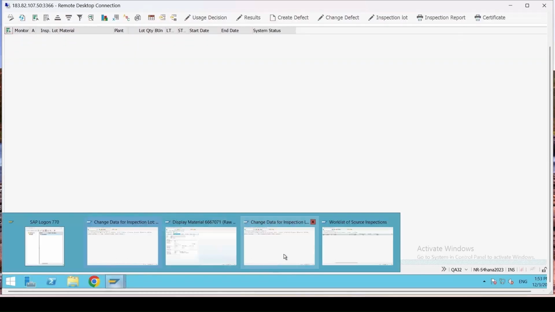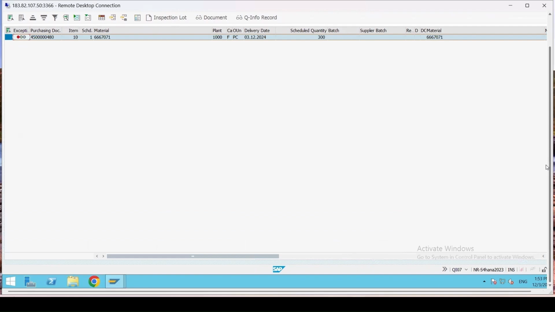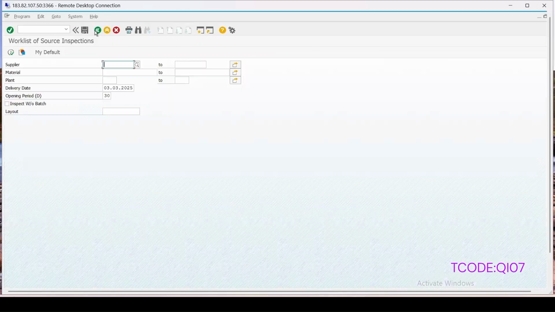Okay, so if I go to my source inspection transaction again, let me go back to the initial screen. Here you will find "inspect without batches". So if I select this, or if you click on the F1 key here,